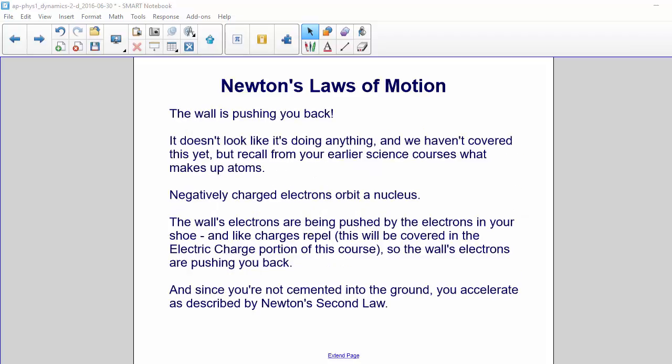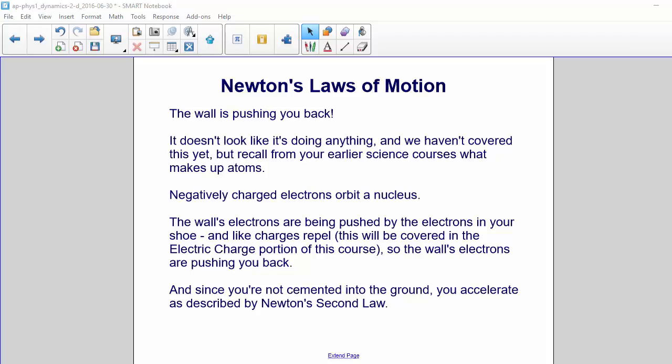The answer is the wall is pushing back on you. It doesn't look like it's doing anything, and we haven't covered this yet, but recall from your earlier science courses what makes up atoms. Negatively charged electrons orbit a nucleus. The wall's electrons are being pushed by the electrons in your shoe, and like charges repel. This will be covered in the electric charge portion of this course. So the wall's electrons are pushing you back, and since you're not cemented into the ground, you accelerate as described